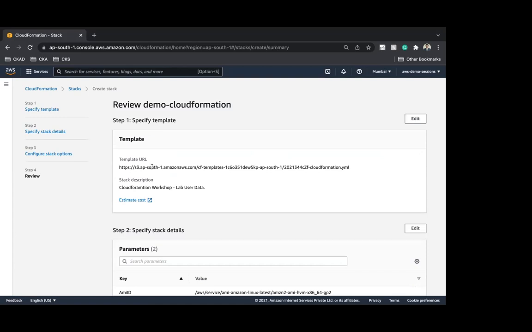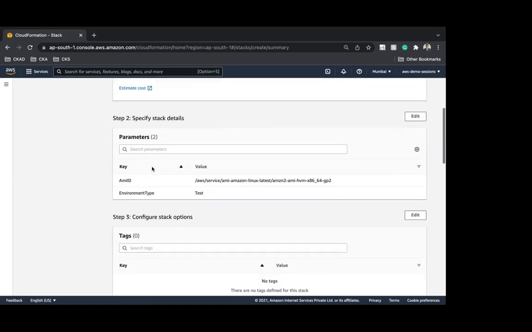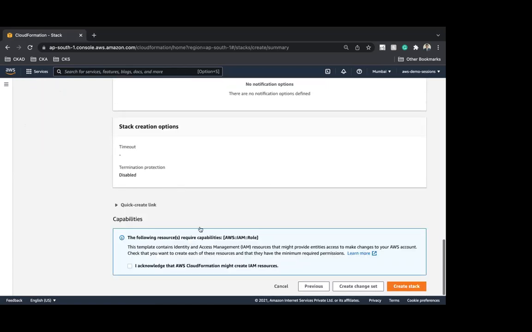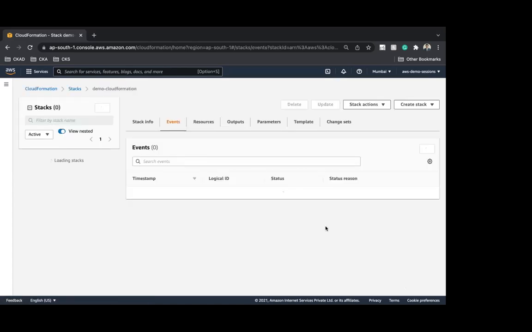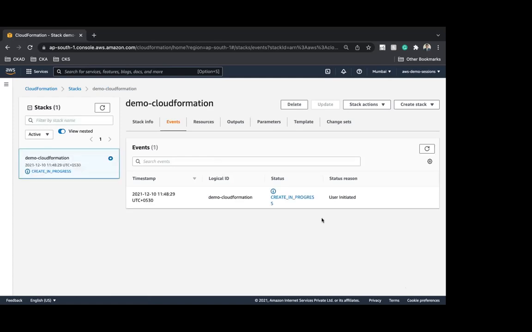Now, as I mentioned initially also, right, it pointed to my S3 location, not my local location, as we can see here. Now it's asking us to give it an approval that, okay, hey, on behalf of the end user, I'm going to deploy an IAM role and attach it to an EC2 instance. Can you give me your approval or acknowledgement, which I say yes. And finally, I click on create stack. This stack will take roughly 2.5 minutes to complete. And we'll see what exactly gets created, right?